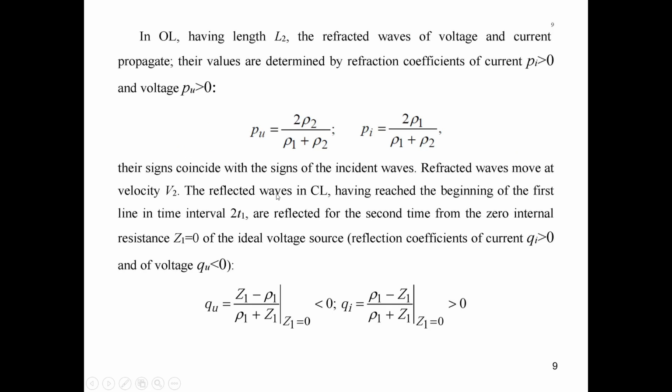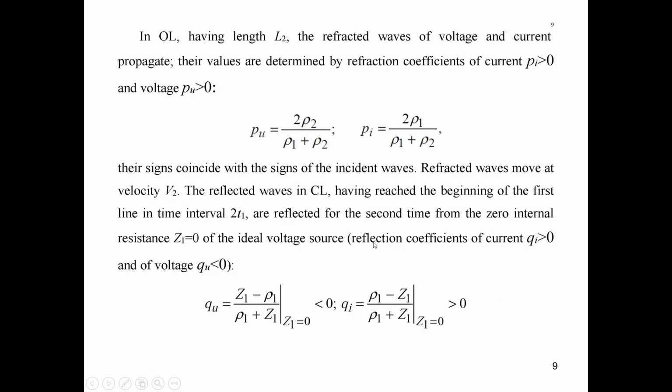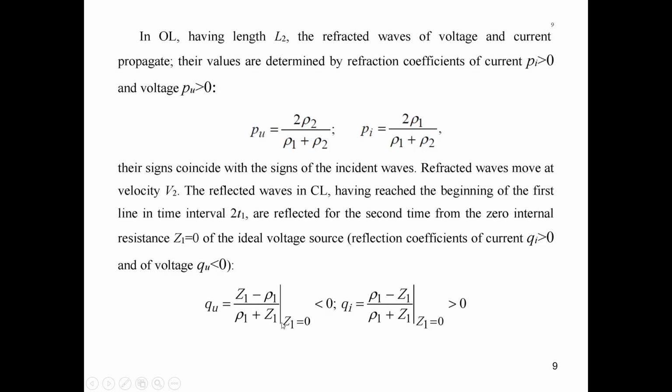Then let's consider the case when this wave reaches the beginning of the first line, and this refracted wave reaches the end of the second line. And for this, as we have Z1 almost equal to 0, when we substitute this into the expression for the reflection coefficient, Z1 almost equal to 0,